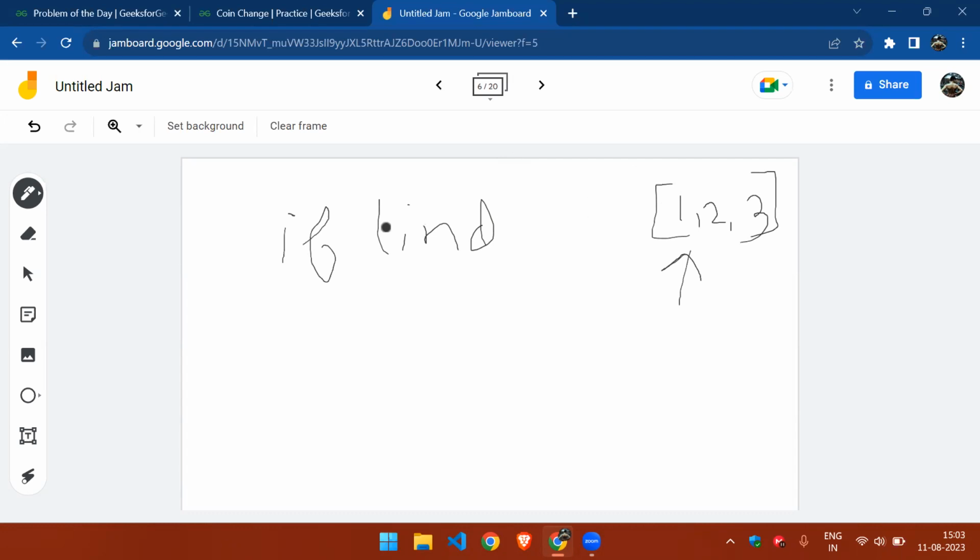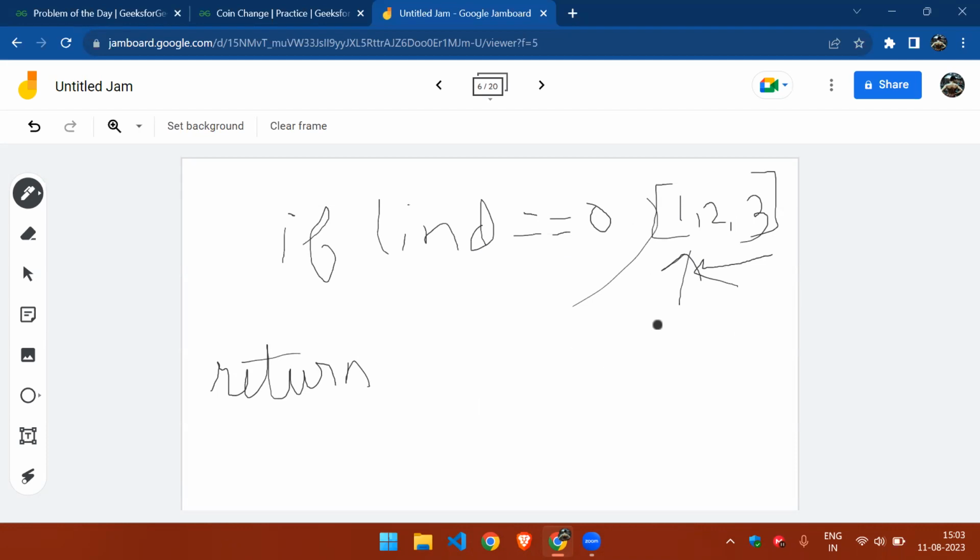Here, since we are starting from the end, if our index becomes 0, we can simply return if we can